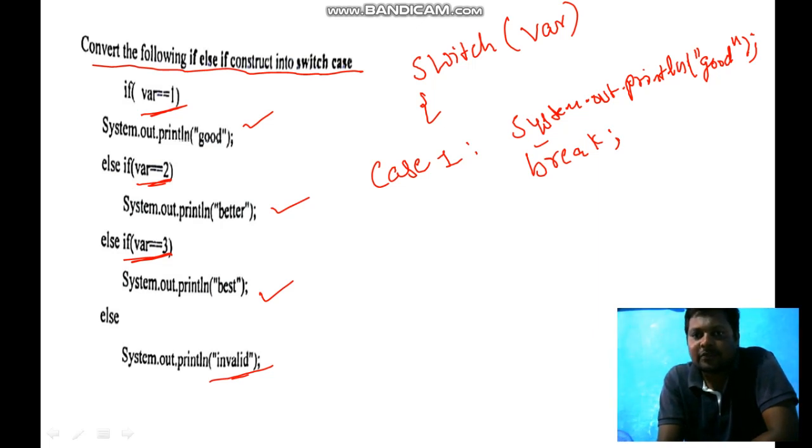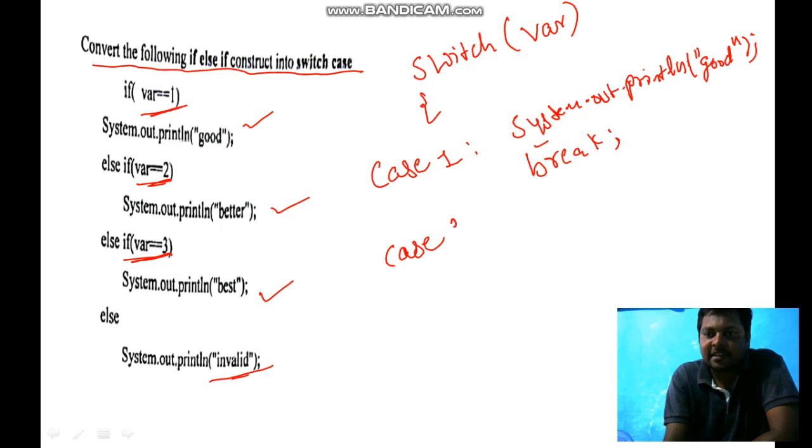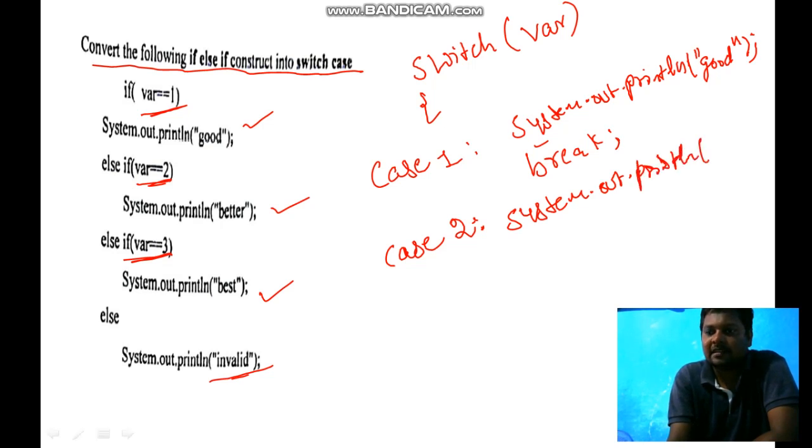If you want var equal to 2, just take case 2, with a colon. Next, what you are printing? System.out.println, better.